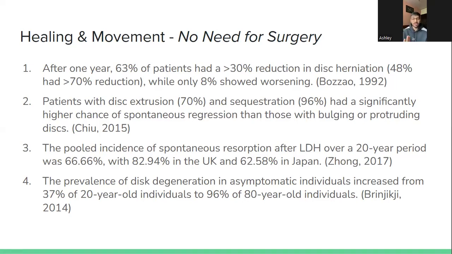Your skin gets old, but if you take care of your nutrition and health and have fewer bad habits, you will keep looking younger, right? Similarly, depending on that, you're just going to get older. But see, 96% of people had disc herniations when they were 80 years old and above, but they had no symptoms at all. So basically, what this tells you is that you can solve it without surgery,